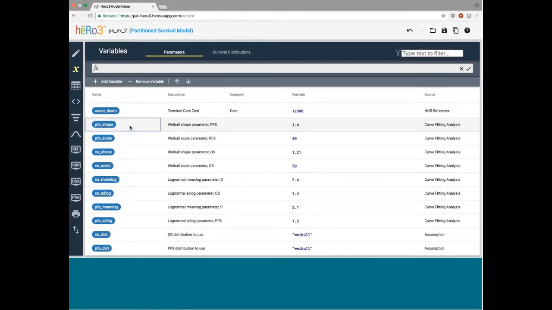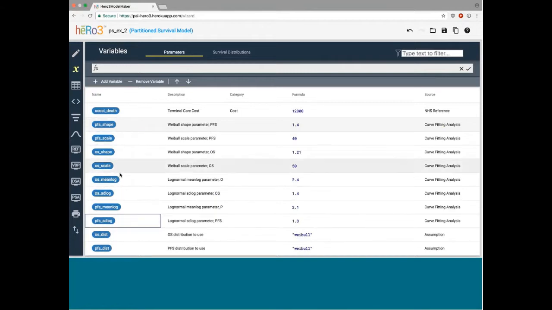So we've got our shape and scale parameters for the Weibull distribution for PFS. We've got shape and scale parameters for the Weibull distribution for OS. And then since we also want to run log normal, we've got parameters for the log normal distribution here as well. And so these are the parameters of the parametric distributions we're going to use to project from year 5 to year 10.